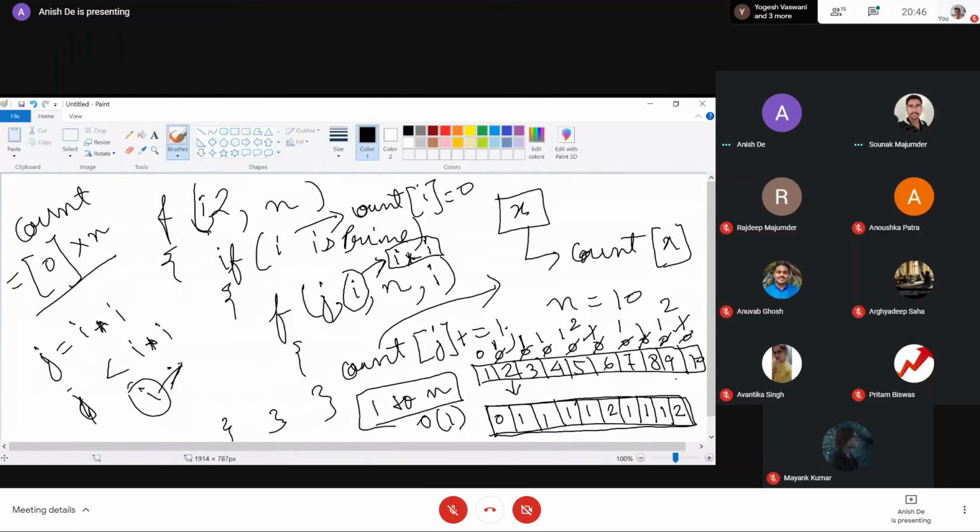Whenever you find a number where count of j is 0, and you are coming to that number, say the outside loop is i, then you put count of j equals i, and that number becomes the smallest prime factor of the number. Just a modification.